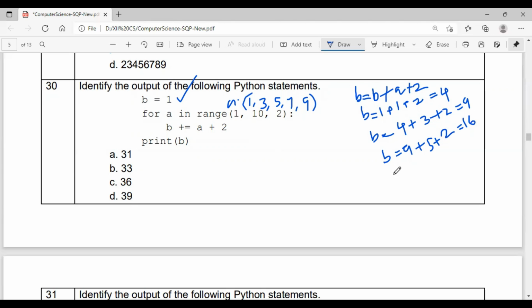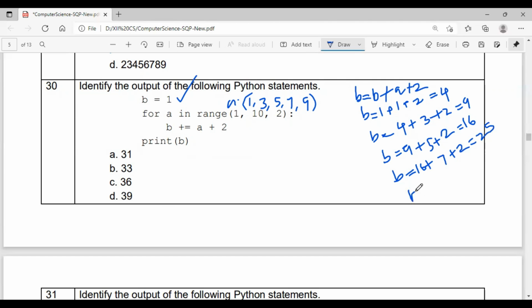Now a will take up the value of 7, b is equal to 16 plus 7 plus 2. How much? 16 plus 2, 18. That is 18 plus 7, how much? 25.